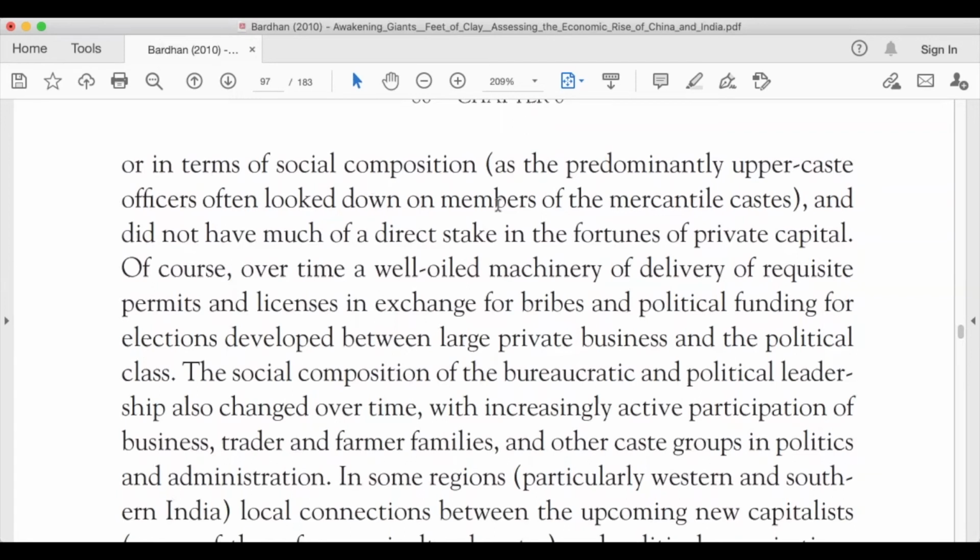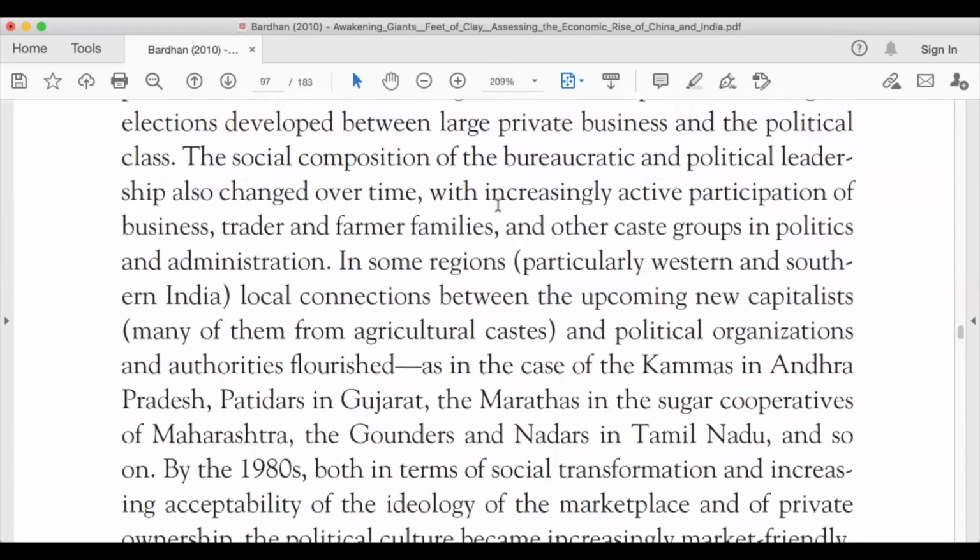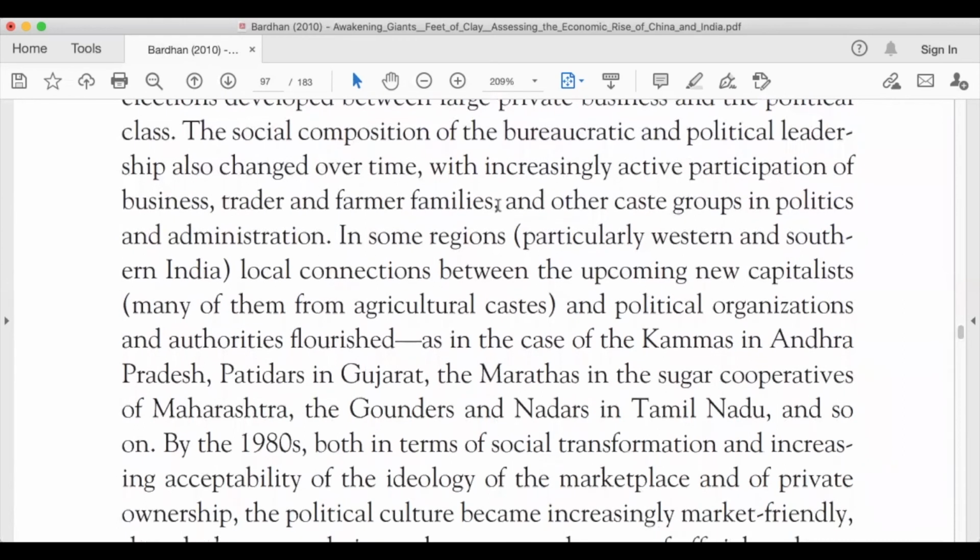Of course, over time, a well-oiled machinery of delivery of requisite permits and licenses in exchange for bribes and political funding for elections developed between large private business and the political class. The social composition of the bureaucratic and political leadership also changed over time, with increasingly active participation of business, trader and farmer families, and other caste groups in politics and administration. In some regions, particularly Western and Southern India, local connections between the upcoming new capitalists, many of them from agricultural castes, and political organizations and authorities flourished,